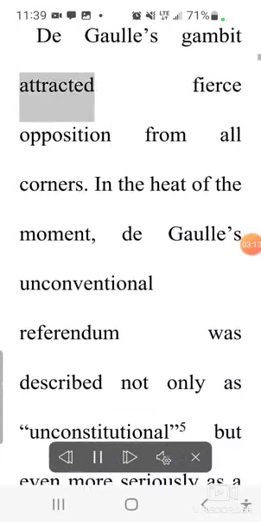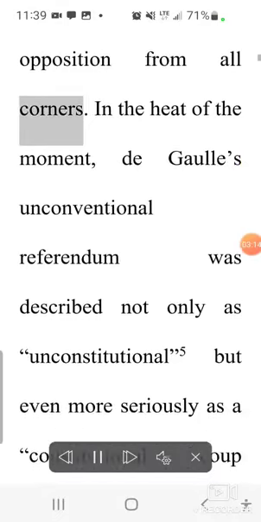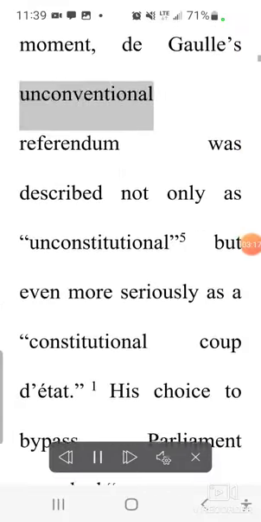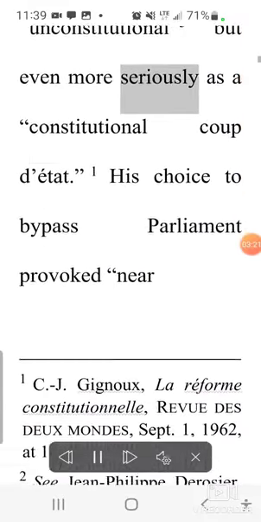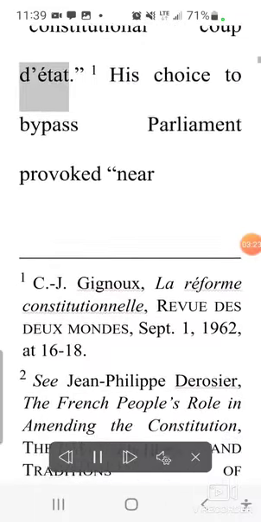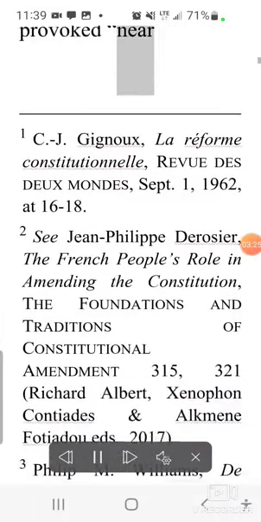De Gaulle's gambit attracted fierce opposition from all corners. In the heat of the moment, de Gaulle's unconventional referendum was described not only as unconstitutional, but even more seriously as a constitutional coup d'état. His choice to bypass Parliament provoked near